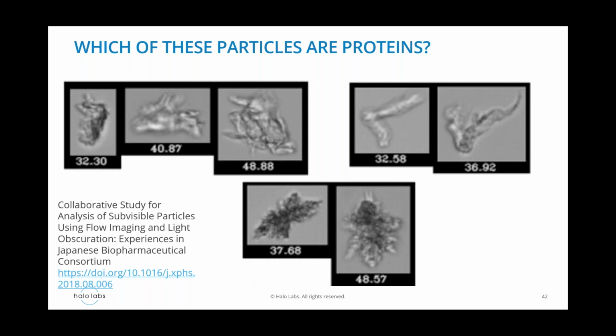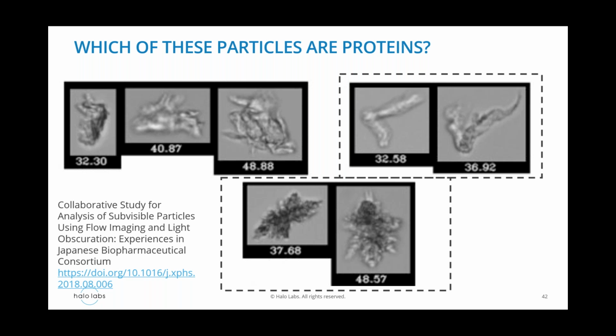A quick test for you: of these three sets of images, two are proteins and one of them is not. If you guessed that these two were the proteins, you have much better eyesight and intuition than I have. So they're basically morphologically